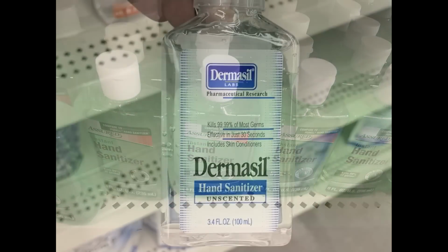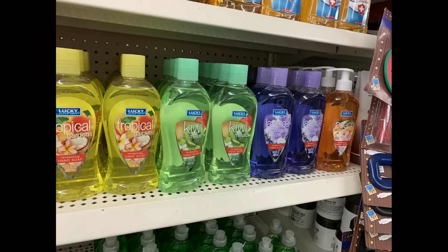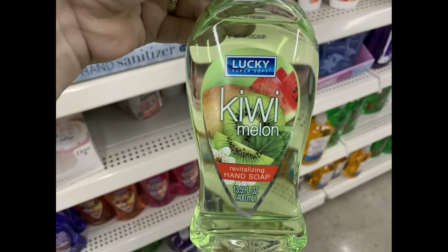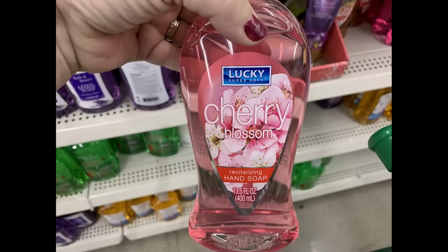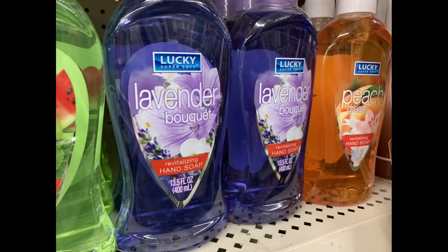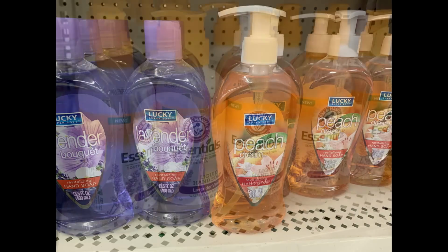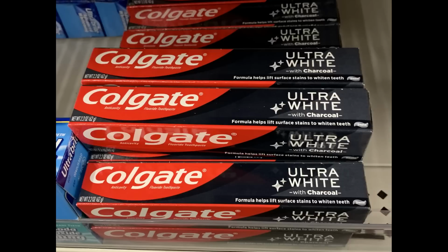They even had the Dermasil hand sanitizers. They had some new hand soaps for the bathrooms. They had the Lucky brand Kiwi Melon. They had Tropical Garden, that's the yellow, and the pink, it was Cherry Blossom scent. They had the purple, which was Lavender Bouquet, and then the peach, which was the only one that had the pump at the top. They also had the Arm & Hammer Essential hand soap and the Colgate Ultra White with